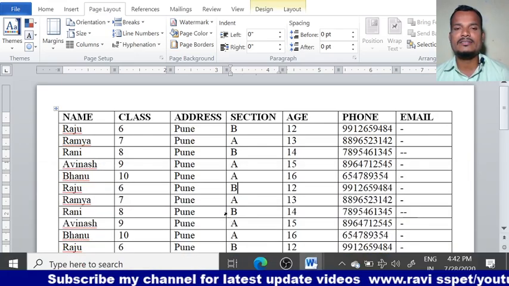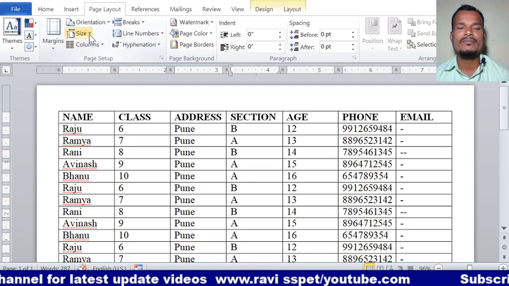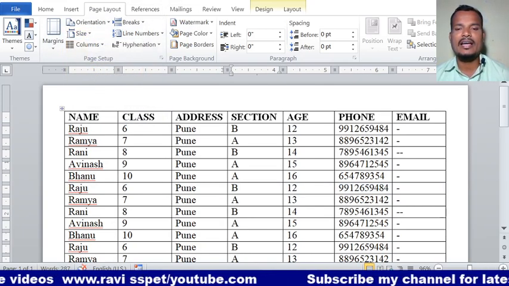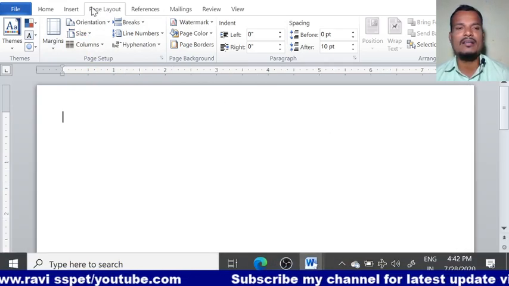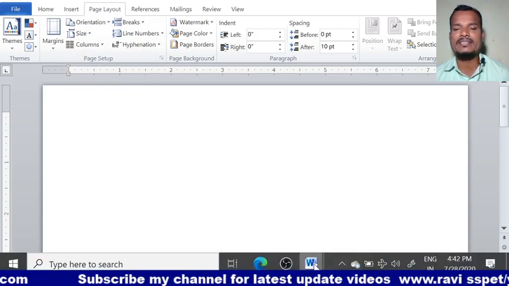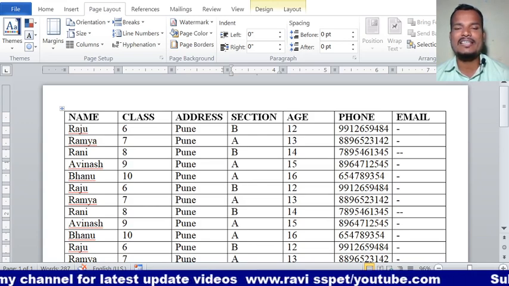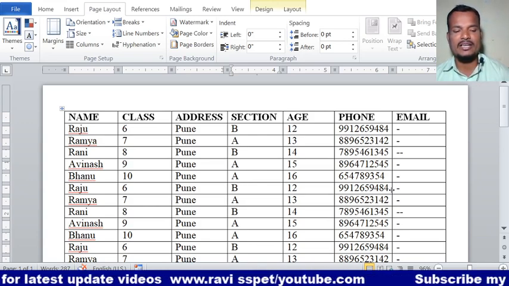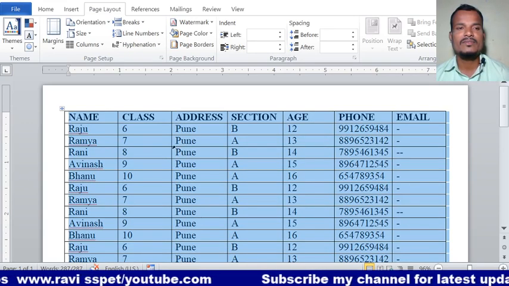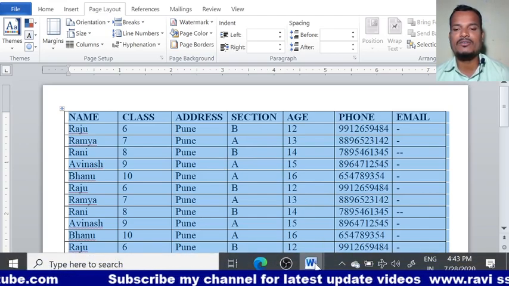So we have changed the margins, and after that we have to check the sizes also. This is A4 size, and here also we have to give the A4 size. Now you paste. After all the settings are done, now we can paste. Control A, select all, and Control C, copy. So I have given Control A and Control C. So now I am pasting in another document.